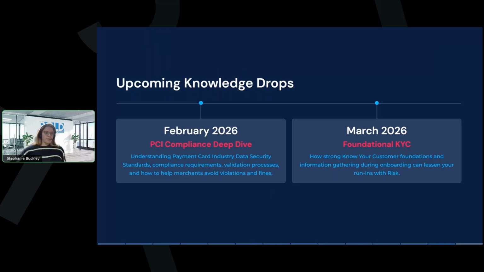All right, looks like I have some questions. Why is there a monthly volume limit? The monthly limit is really based on what your projected volume is supposed to be, so that the processor can understand where you're going. If you come in and say, hey, I'm going to be running $1 million, they're going to say, are you absolutely sure? Can we see some prior processing statements? What makes you think you're going to be running $1 million? Because that's a pretty high risk.